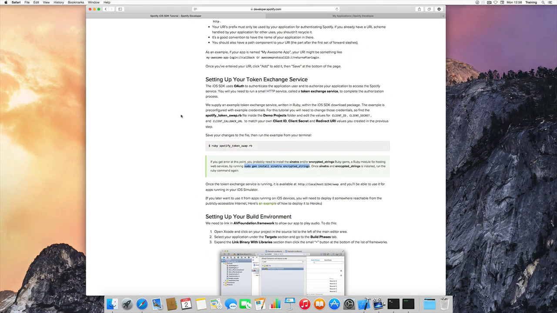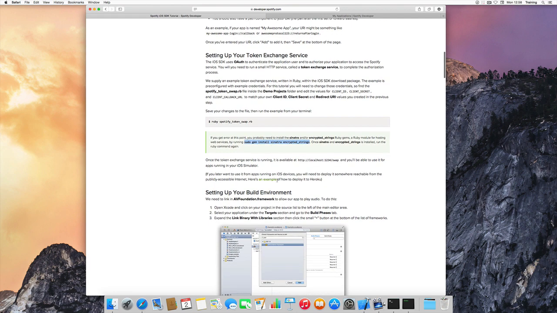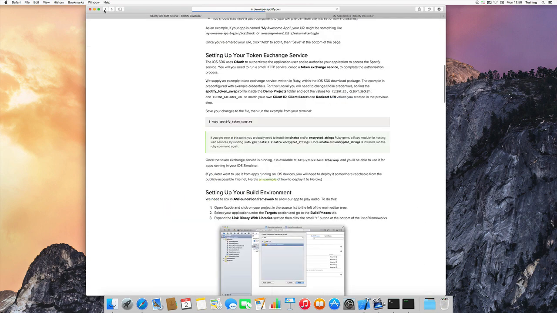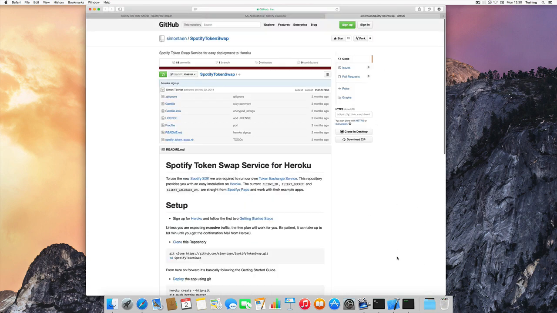But what we also need is a little piece of software, which we can get here, in order to deploy this Heroku stuff. We click on the example, come to a GitHub page where we can download the Spotify token swap service .rb, a Ruby file, and we'll simply download that as well and configure that in a second. So let's move both the